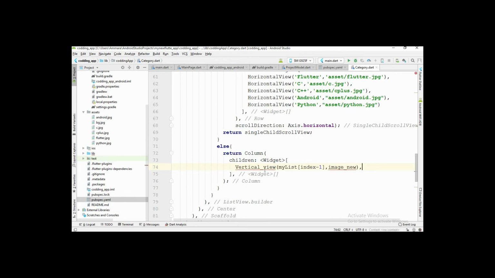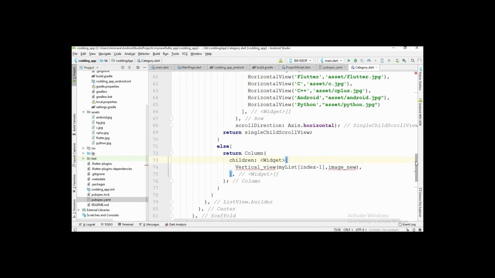This time I call this function vertical view because I am going to create a vertical list view. First of all you can see this error, image underscore new.